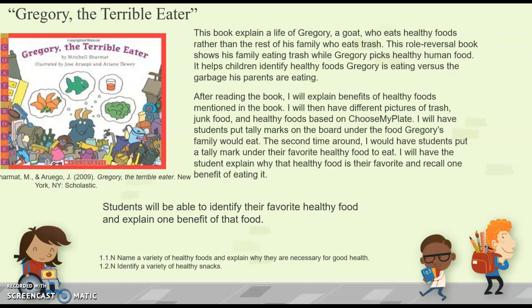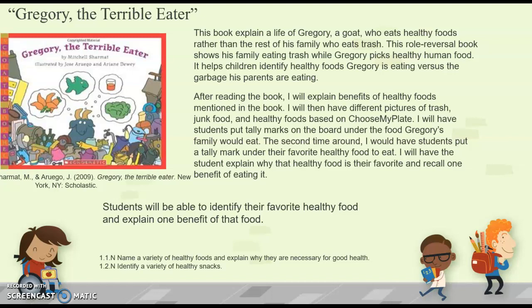So it would help students be able to identify what healthy foods that Gregory is eating versus the garbage that his parents are eating. And so after reading the book, I would be able to explain health foods that were mentioned in the book, and then I would have different pictures of trash, junk food, and healthy foods posted on the board. And the healthy foods would be based on Choose My Plate. And then I would have students go put a tally mark on the board underneath the food that Gregory's family would eat. And then also the second time around, it would be students putting a tally mark under their favorite